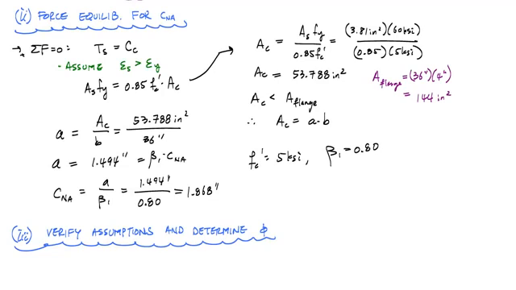I went ahead and verified that the depth of the equivalent stress block is less than 4 inches, which was the height of the flange. But I have this other assumption that I have yet to verify, and that's that the tension steel has yielded. In order to do that, I can use similar triangles from the